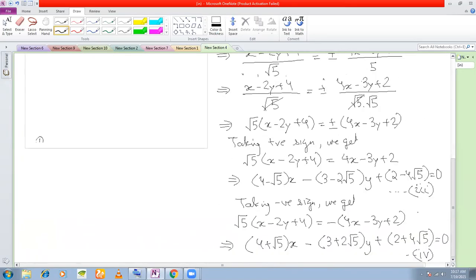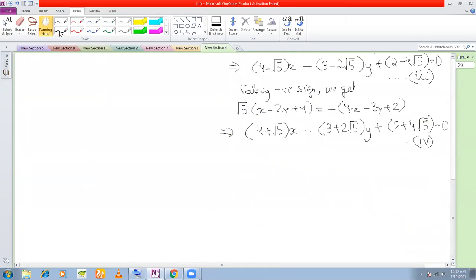Okay. So first, in order to find out the angle, let us first find out the slopes. Slope of 1 is m1 equal to, how do you find out the slope? Minus coefficient of x by coefficient of y. So m1 is half. Look at equation number 1 and then write down the slope. Slope of equation number 2, call this m2, is equal to, again, minus coefficient of x by coefficient of y.